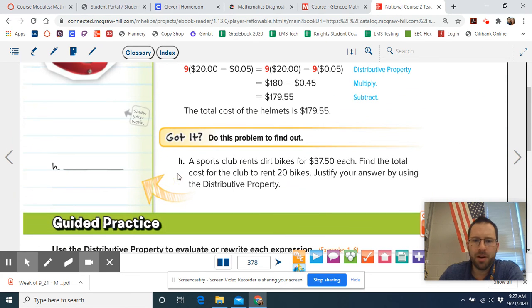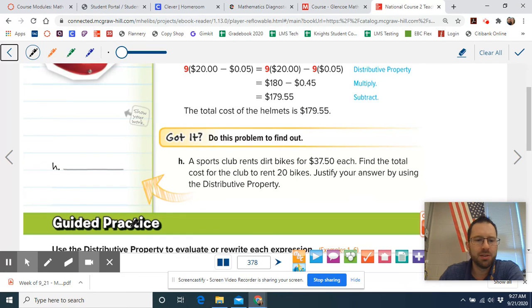All right, when we get to a word problem, you can use the distributive property to split up the problem to make it a little easier to do. So a sports club rents dirt bikes for $37.50 each. Find the total cost for the club to rent 20 dirt bikes. So you could just do $37.50 times